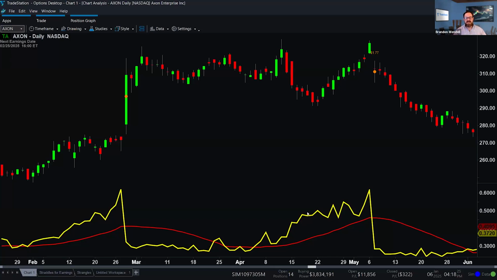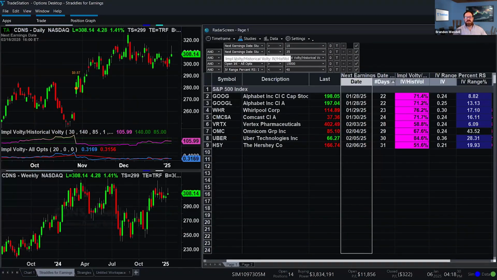So with this particular strategy, and you'll see it when you go to Straddles for earnings, we are typically looking for implied volatility that's lower than the average. And the reason why is we want it to be relatively low because you want to buy inexpensive options. The closer you get to earnings, the higher the volatility goes because people become nervous and unsure of what's going to happen. Option values, the premiums, will typically go up, because people who are selling those options want to be compensated for the additional risk that they are taking on by selling into the unknown, the earnings release.